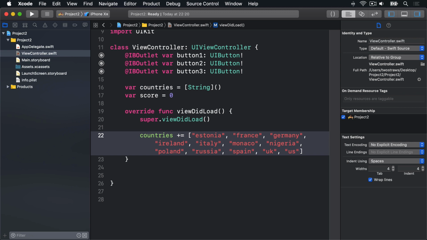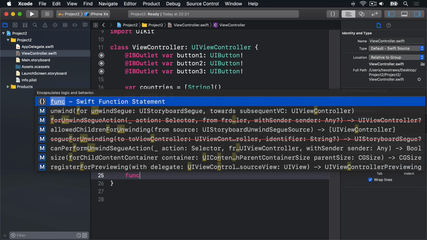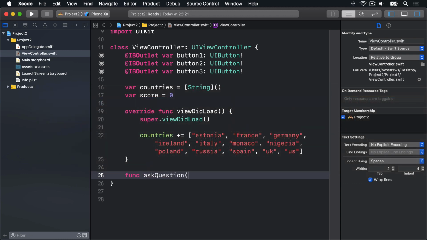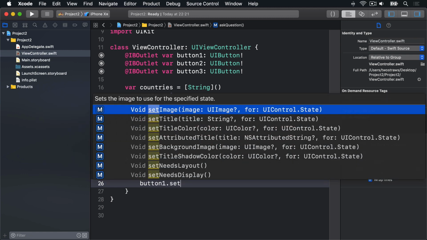The next step is to write a method that shows 3 random flag images on the screen. Buttons have a setImage method that lets us control what picture is shown and when. So we can use that with UIImage to display our flags. So below viewDidLoad, we'll add this new method. We'll say func askQuestion, open close parens, open brace. Then button1.setImage